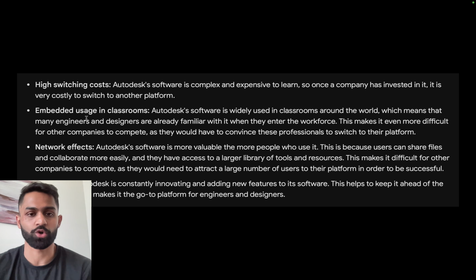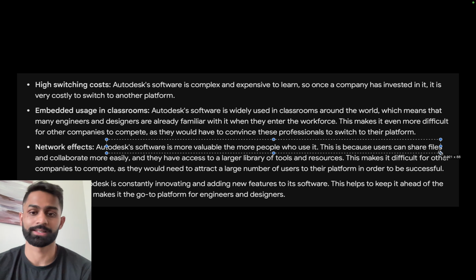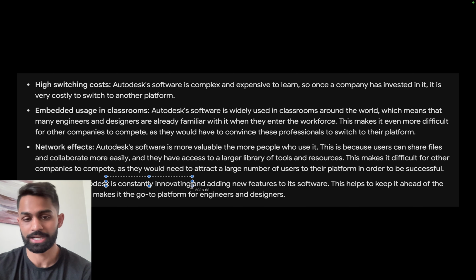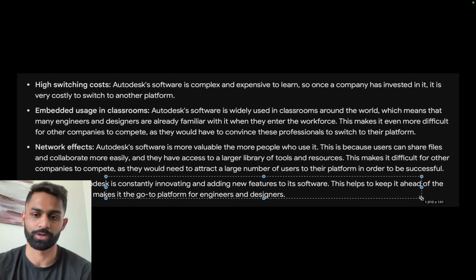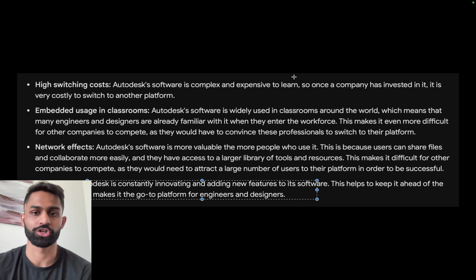Embedded usage in classrooms. Autodesk software is also widely used in classrooms around the world, which means that many engineers and designers are already familiar with it when they are entering the workforce. And this makes it even more difficult for other companies to compete. The network effect: Autodesk software is more valuable to people the more people that use it. And of course, this is because users can share files and collaborate more easily. So the more people that use the software, the more valuable it becomes. It's got that network effect, and innovation. Autodesk is constantly innovating and adding new features to the software. And this helps to keep it ahead of the competition and makes it the go-to platform for engineers and designers